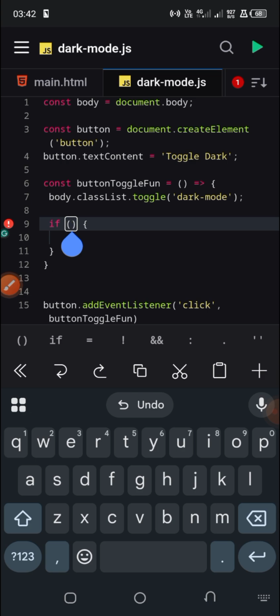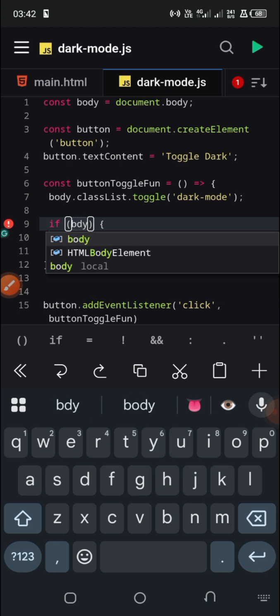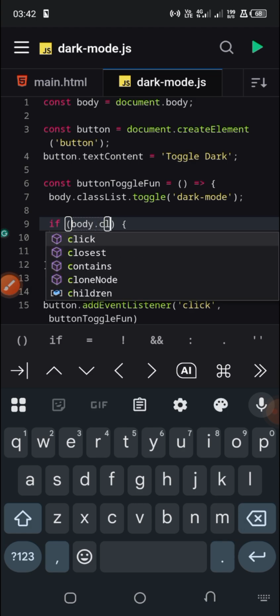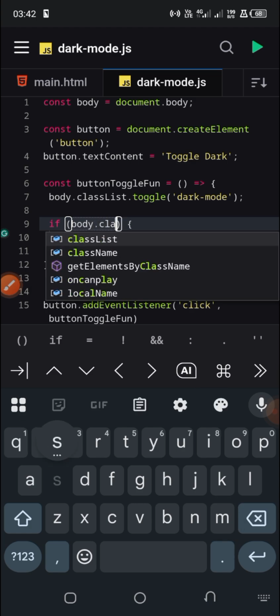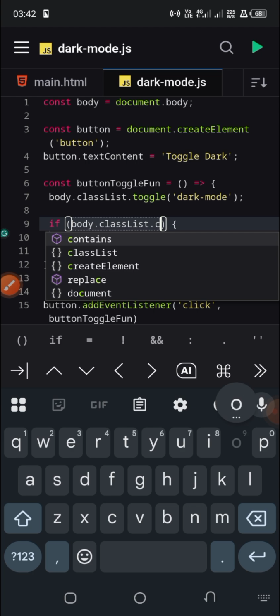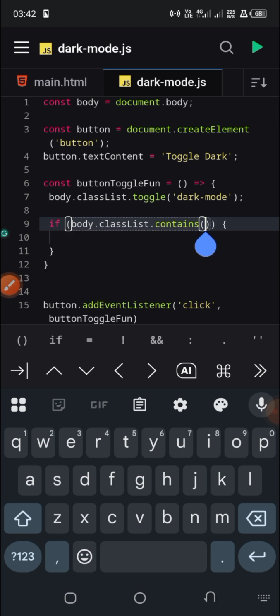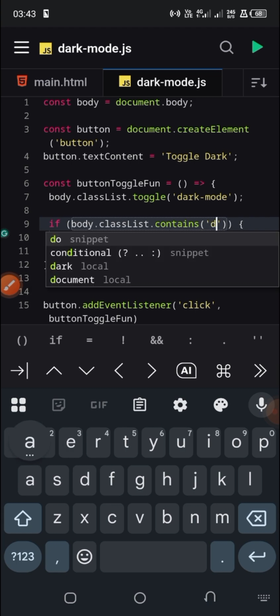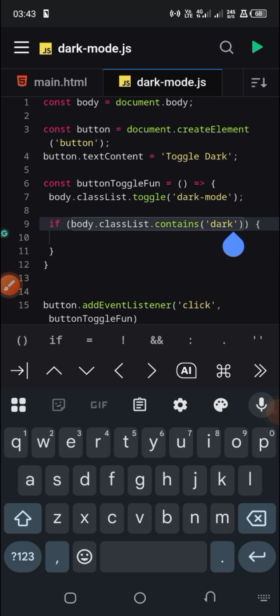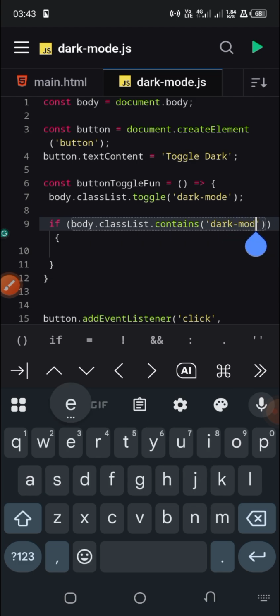So then we are going to say if body.classList contains dark mode,